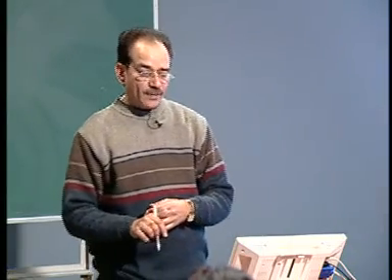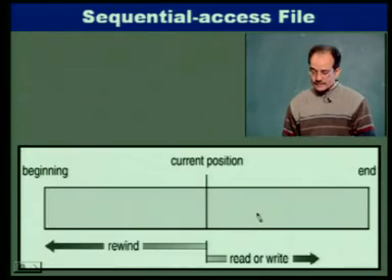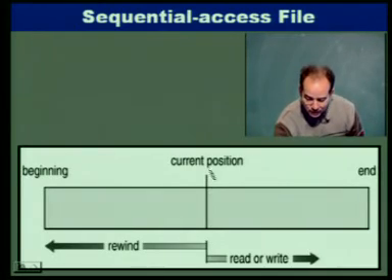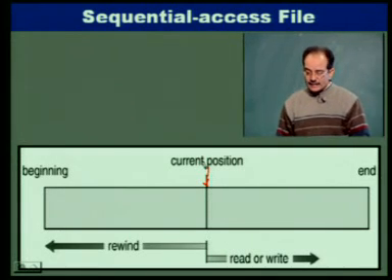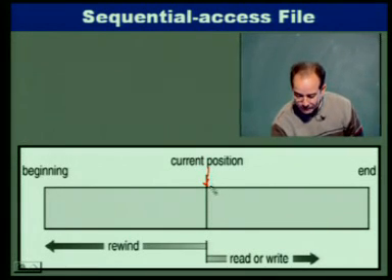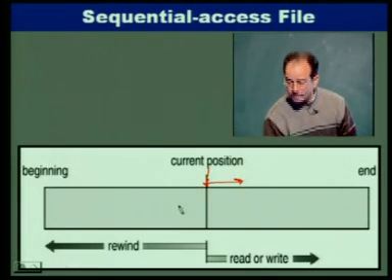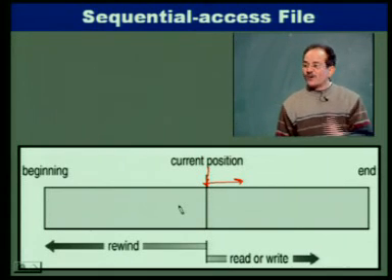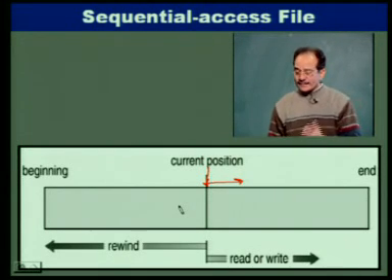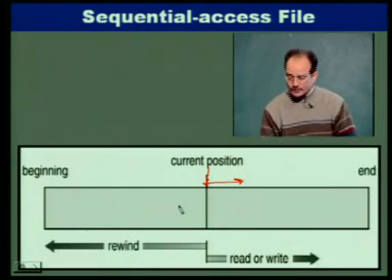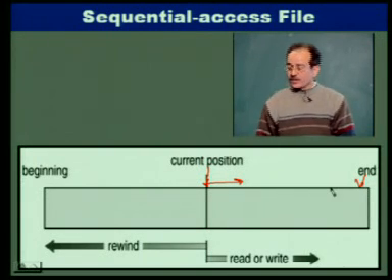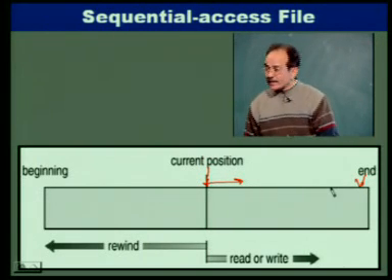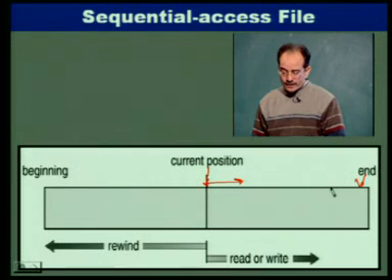Now, this is how my sequential access works. Let us say this is my current position for a particular file. From here I can move in this direction to read various records. I can read or I can write up to this particular end. Now, where is this end? In case I have a file for reading,